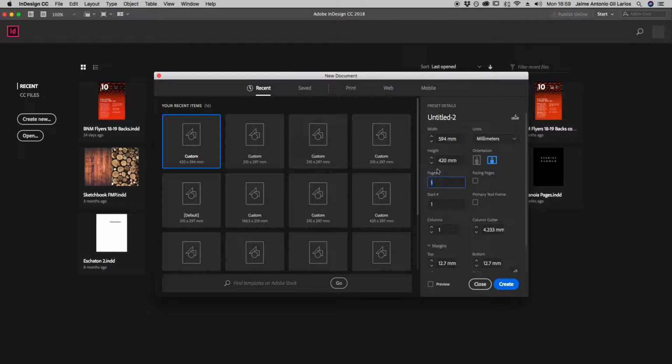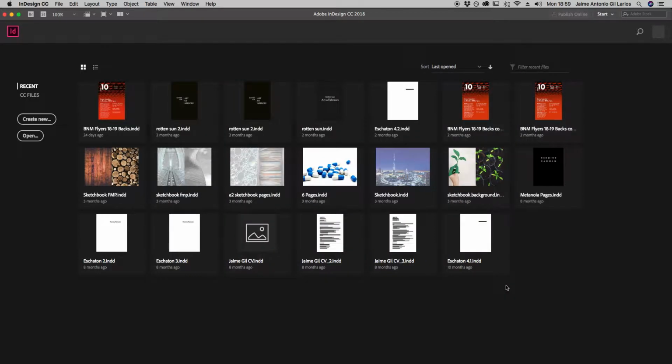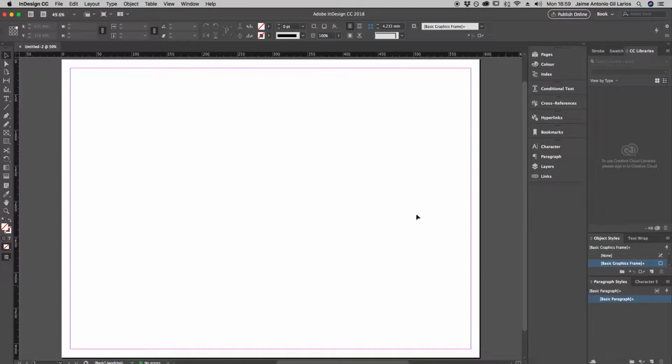Then you select the number of pages you need. In this case, you just need one, and click create. So here's our document. The next thing we need to do, we are going to go to the layers panel,